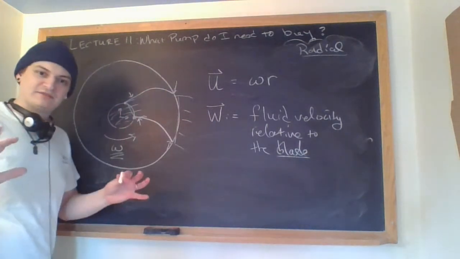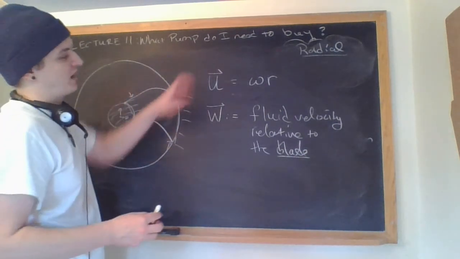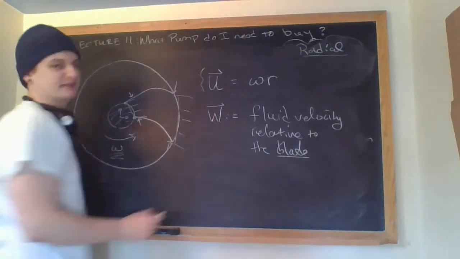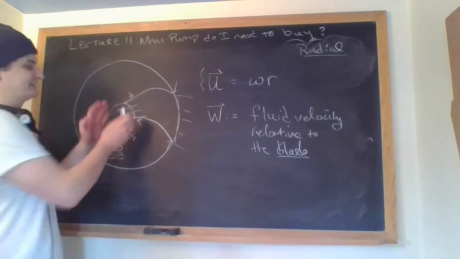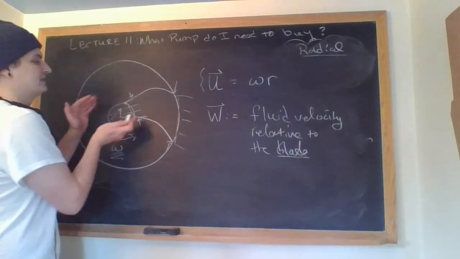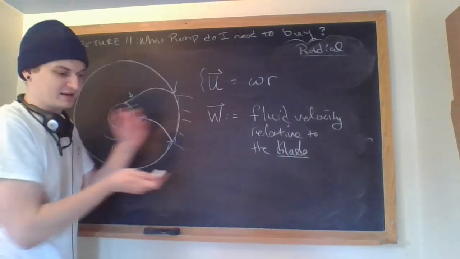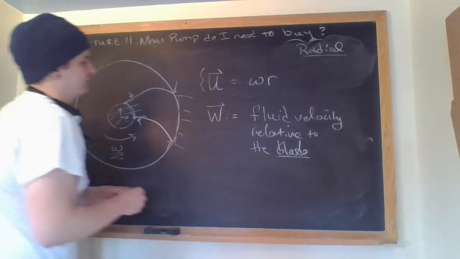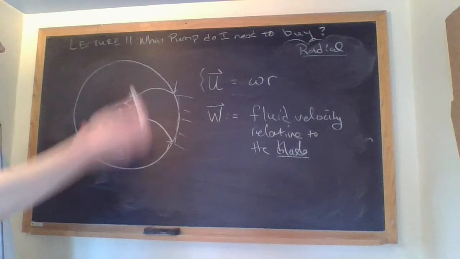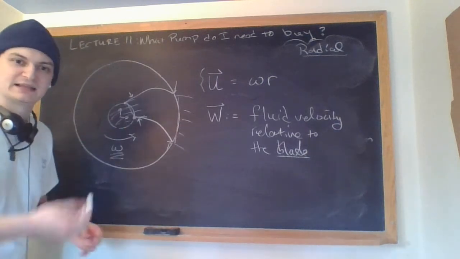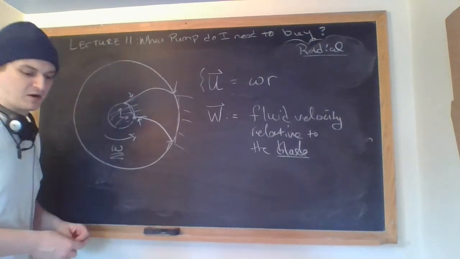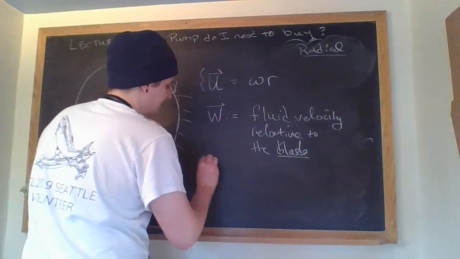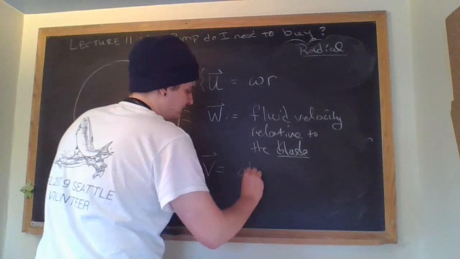But this highlights the fact that there is a reason you should consider both of these velocities. Because at the same time as this process of the fluid going in, slowing down, and spitting out of the impeller, it's also spinning. So if we're going to write down equations, we have to come up with contributions of both of these things and figure out what the net part is. And that is what V is. So V is the absolute